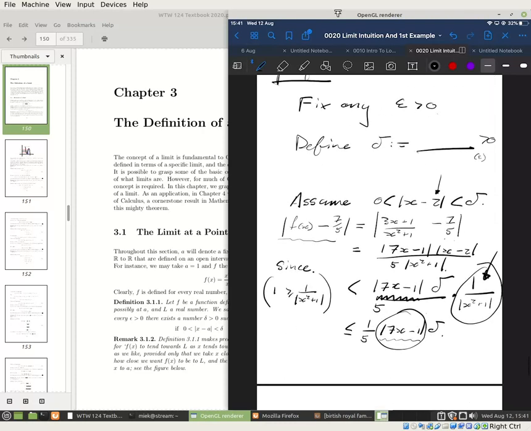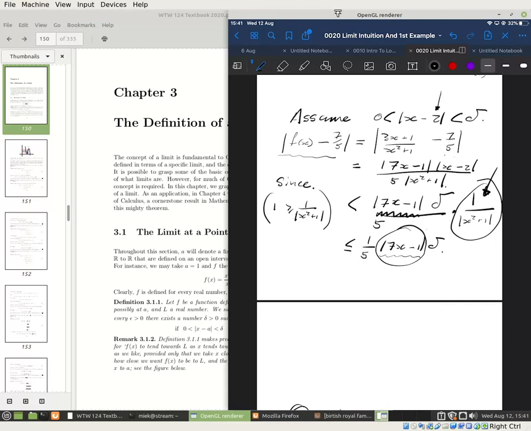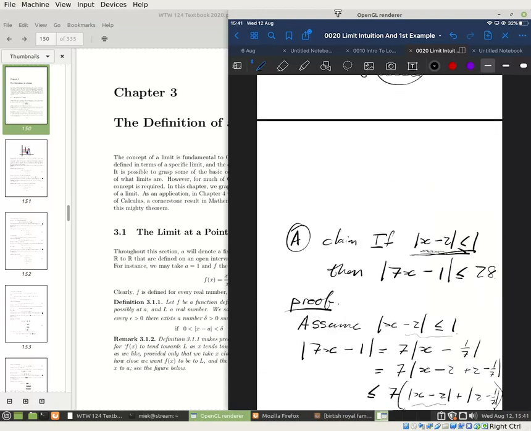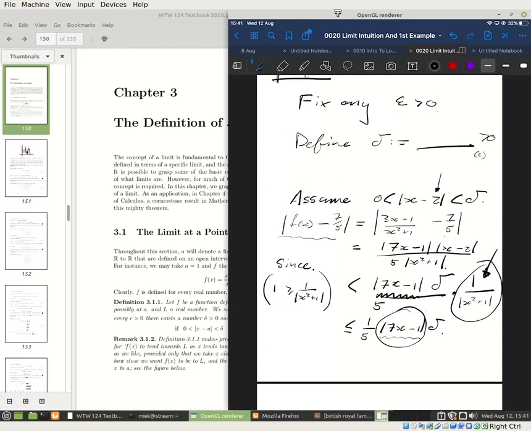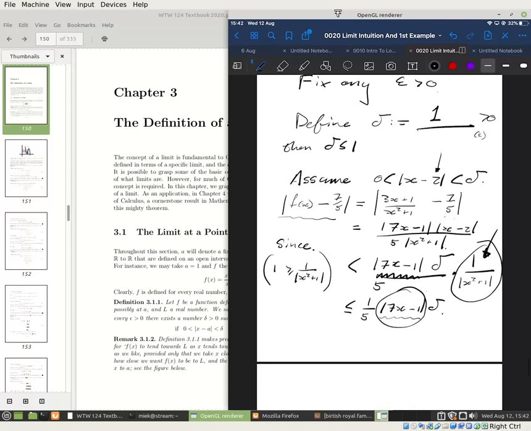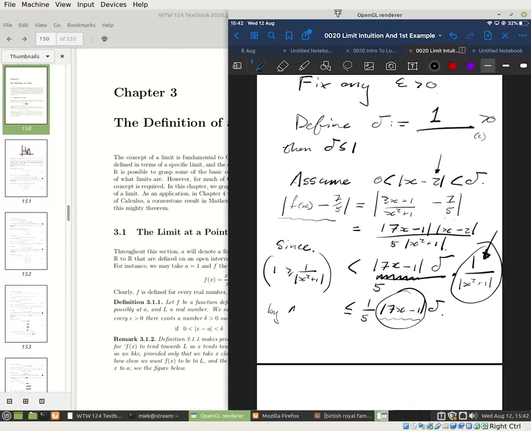Okay, so we can go back here. And under this condition, if |x - 2| is less than or equal to 1. So here we have to bake in a 1 into our delta. Then delta is less than or equal to 1. Then by a below,